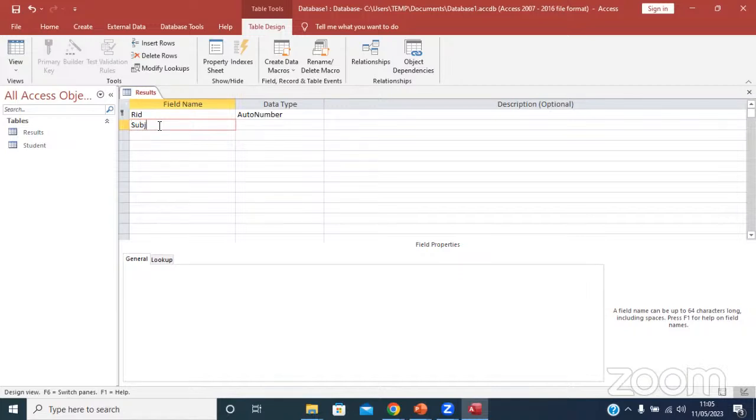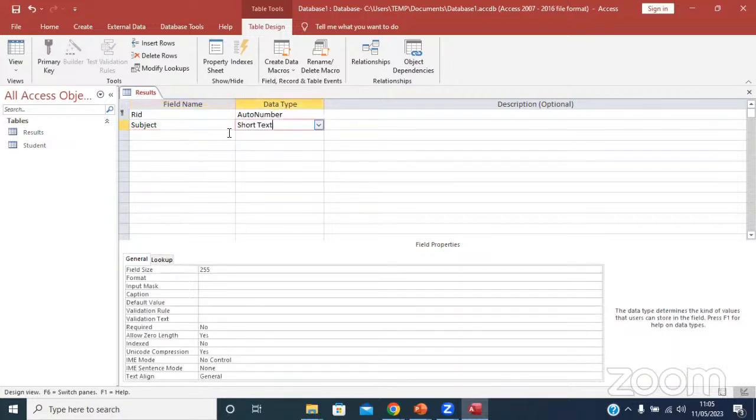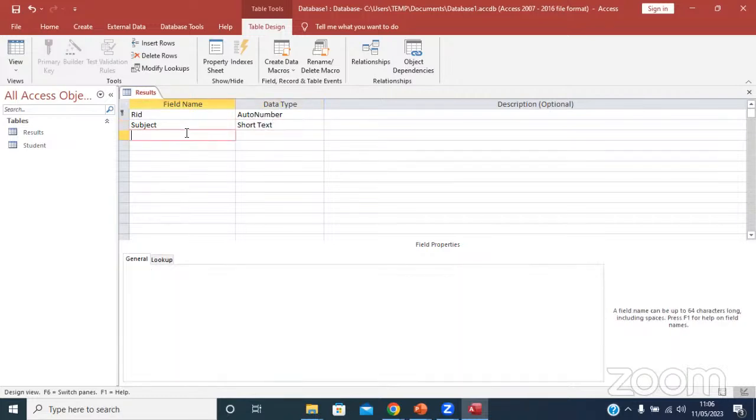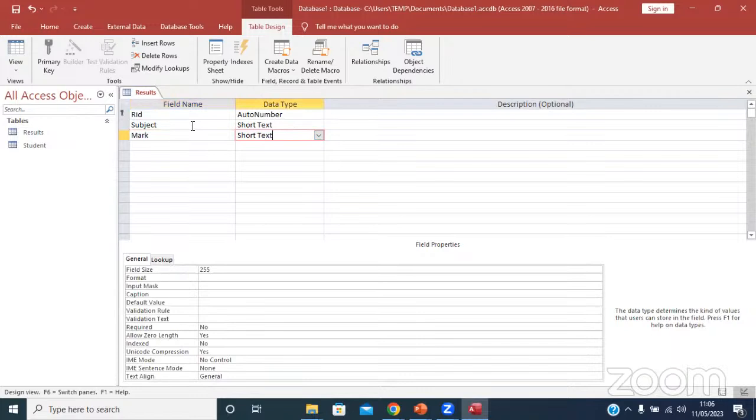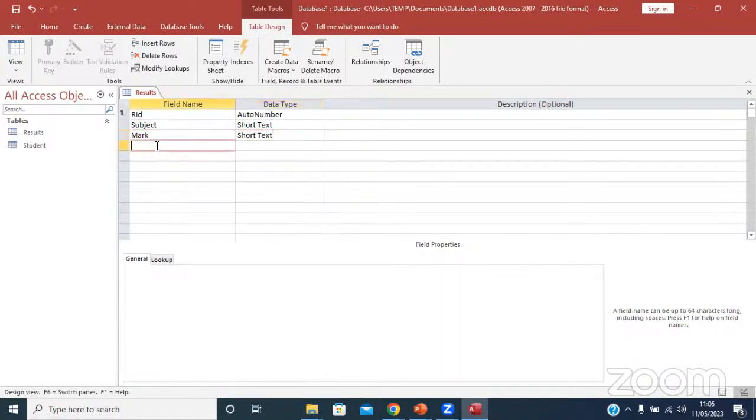So we should have a subject, maybe mathematics. Okay, and this is going to be short text. And then we are going to have a mark. Okay, so English mark for that learner. And then we are going to have